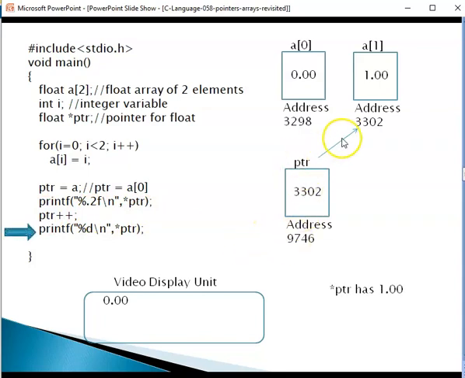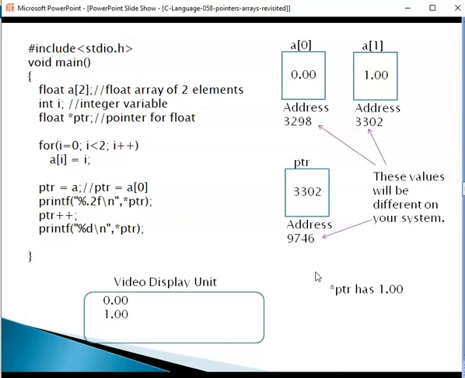The pointer is now pointing to the next address 3302. The contents of 3302 are star PTR. It has 1 now, and that 1 will be printed when you execute the print statement. 1 is printed and the program execution is complete.